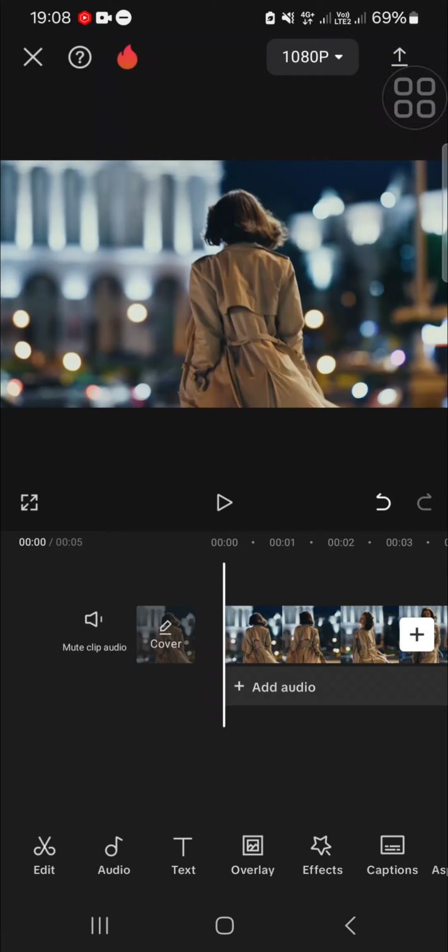In today's tutorial, I'm going to show you how you can edit slow glow effect in CapCut. Okay, let's get into it guys. Here I have created a project in my CapCut mobile application and I'm going to create slow glow effect for